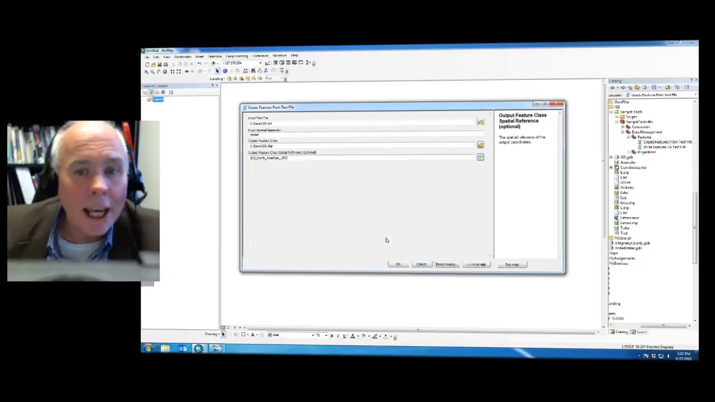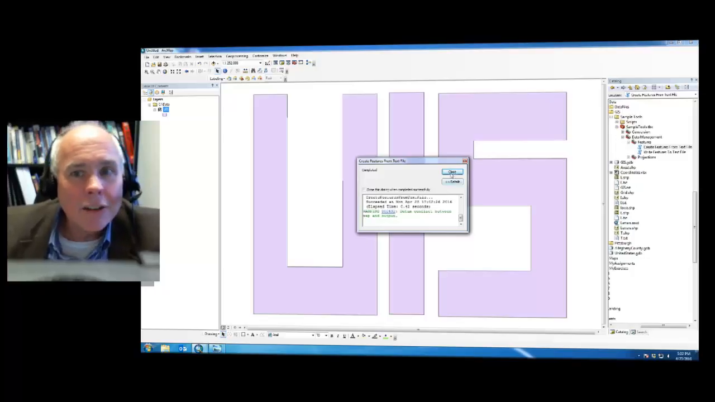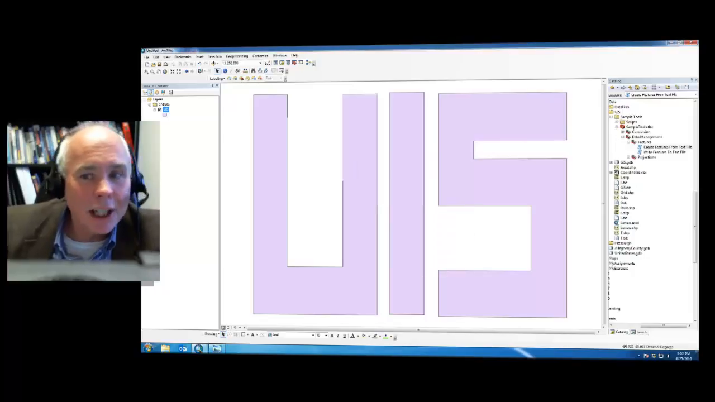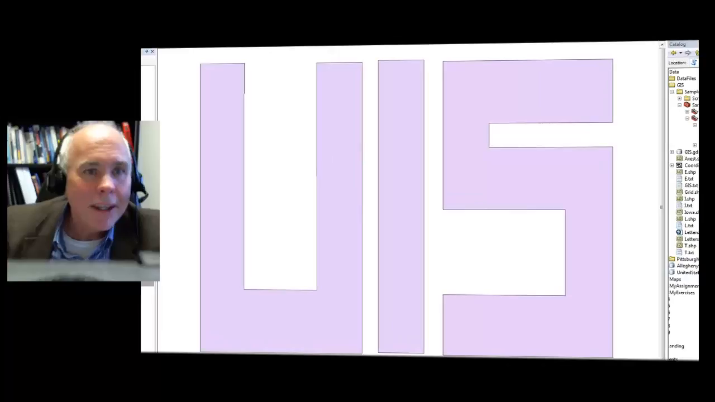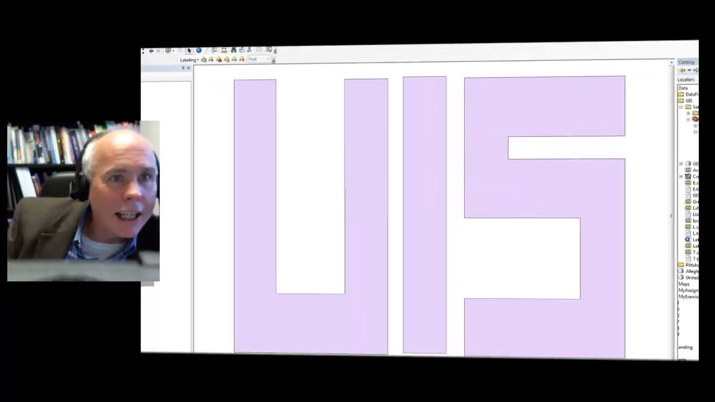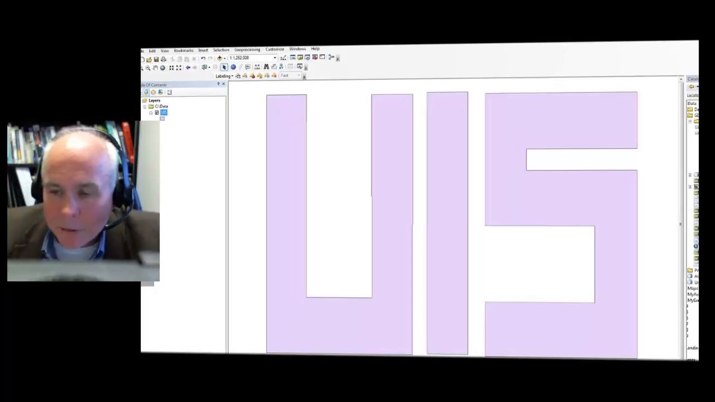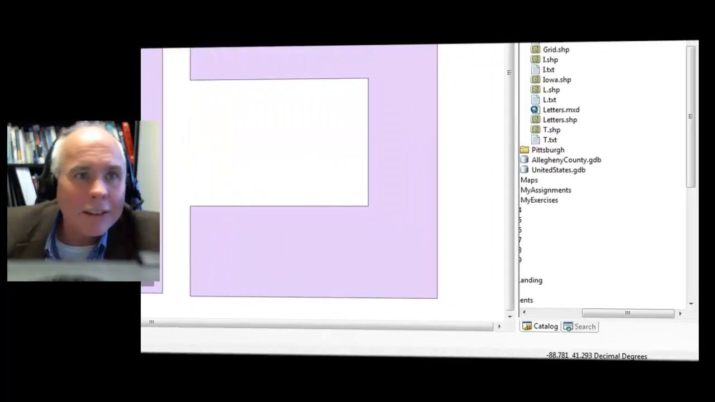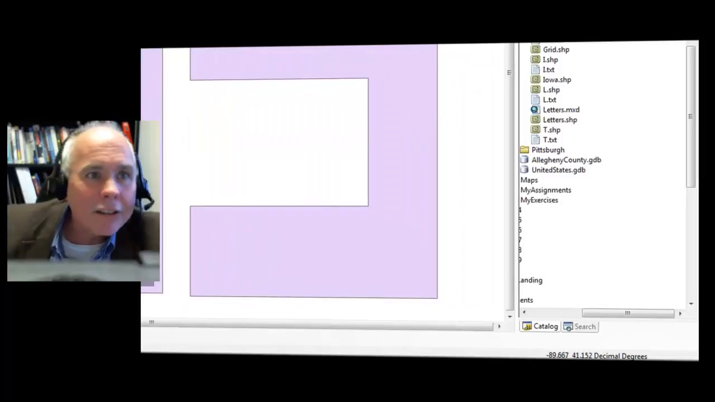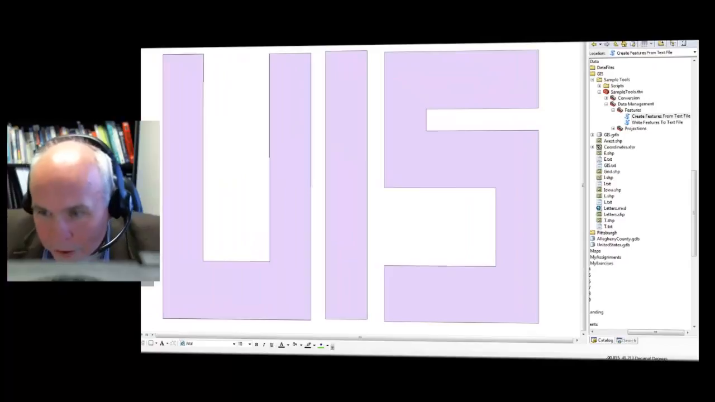And I'm going to say OK, and then say OK and let that run. And you could see here is that object that we just created. It spells UIS. And again, if we look down here on the right, you could see the values in decimal degrees of my area. And so if I put my mouse pointer on this upper corner, you could see that